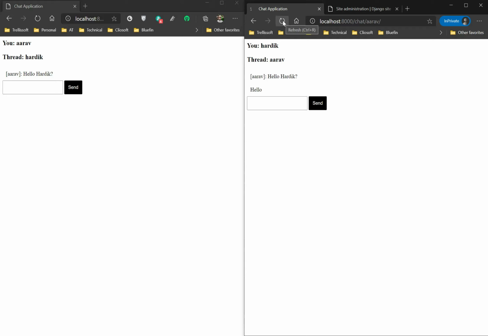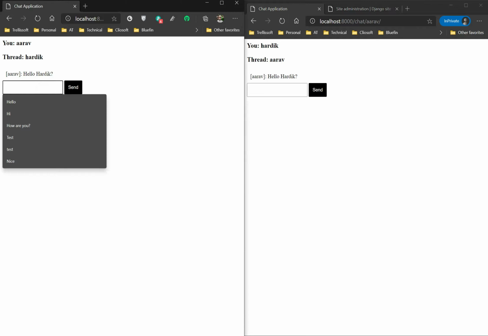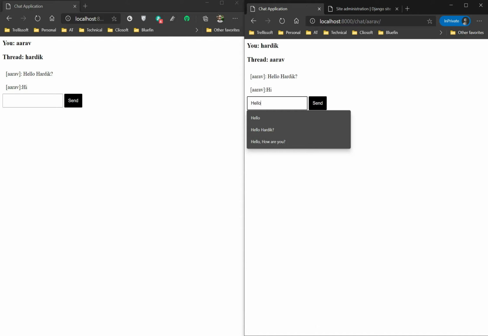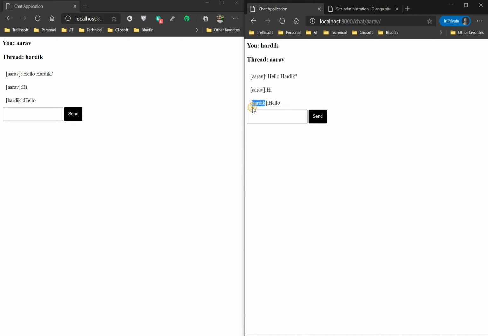at both ends. All right, now if I send hi, as you can see I have sent the hi message from the arrow user, so at both ends I am having this arrow. But if I send hello from Hardik, it is going to have Hardik at both ends. So as you can see, the usual chat application is implemented fine, but if you refresh the page, those messages are gone. Why? Because we have not stored those messages in the database.